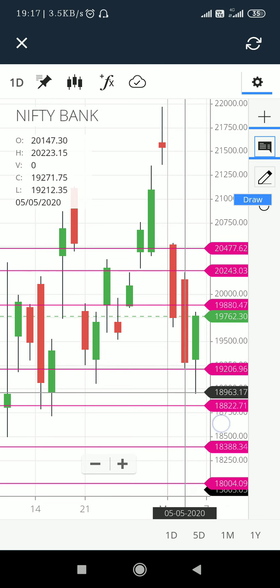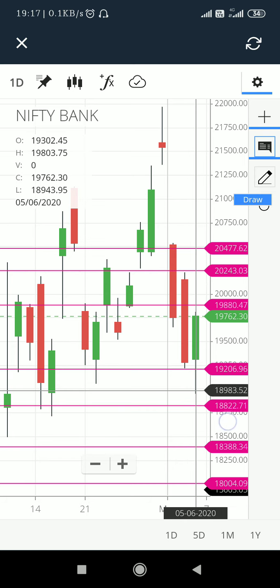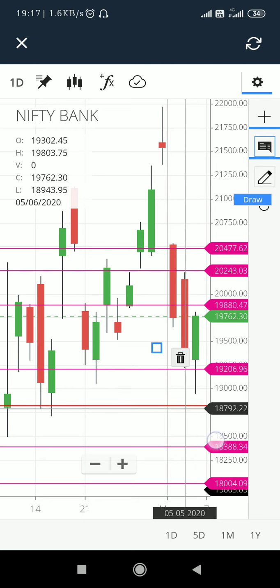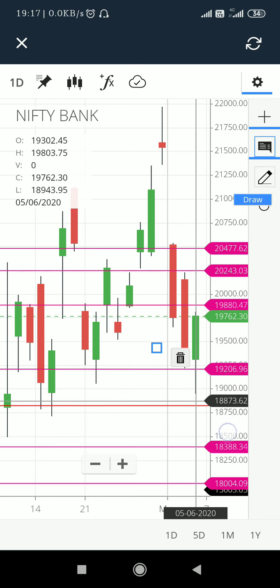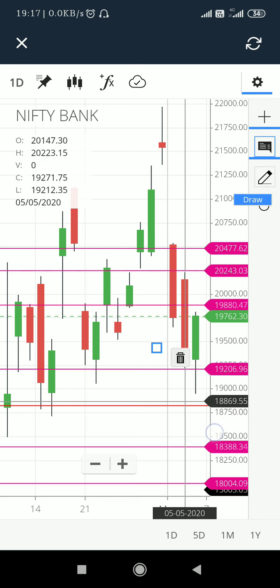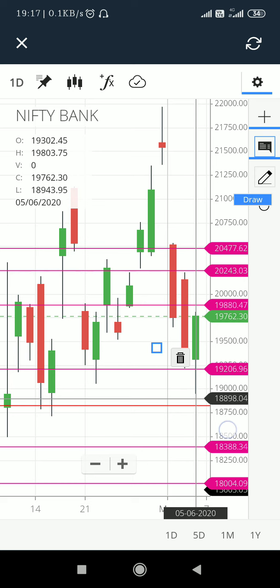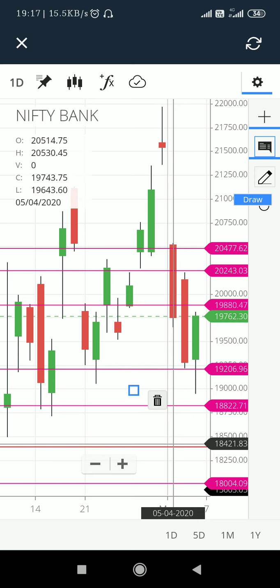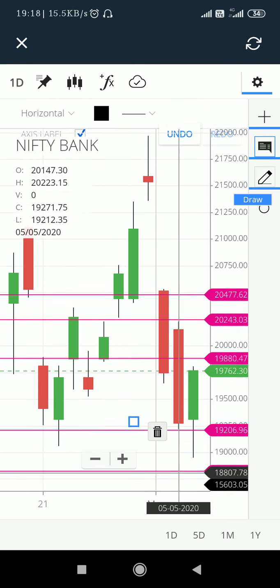Firstly, checking the previous day's levels, I already told that anyone can go into a sell of Bank Nifty futures, or can buy a put option once we break yesterday's low, that is the low of the 5th of May 2020. And it did break the low of 5th of May 2020, but it didn't go to the expected level, that is 18,800, and it reversed from 18,943. So the low was 19,212, and we got around 200 to 250 points in the Bank Nifty.